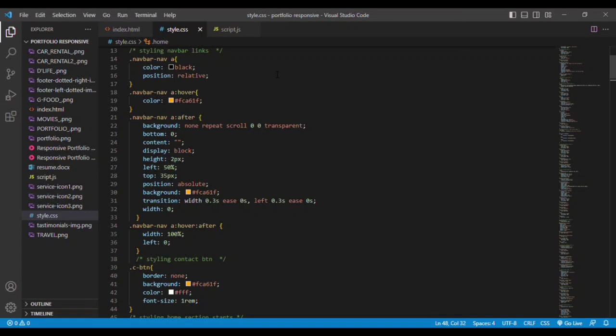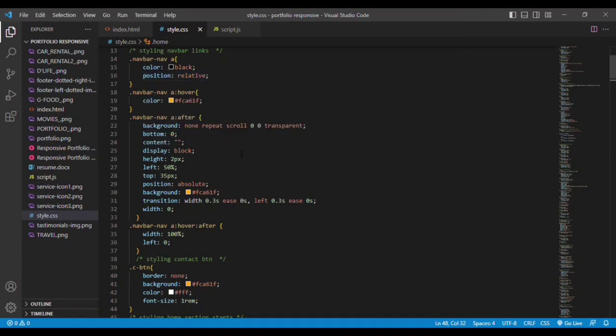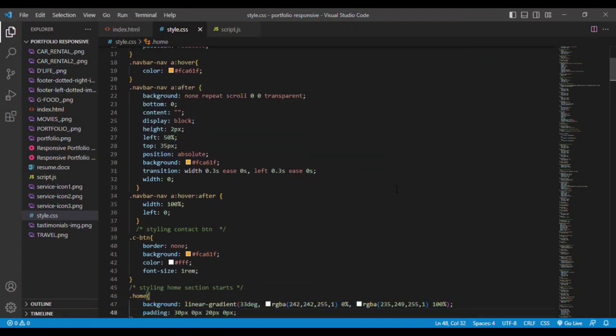If you put absolute, it will hover onto the parent element and you can move it to a location, like you can move left to 0 or right to 50. So like that you can move the icon by using the position. So definitely try to learn position, flexbox, grid. These are the most important topics. By using them you will get a very professional look for your website. And